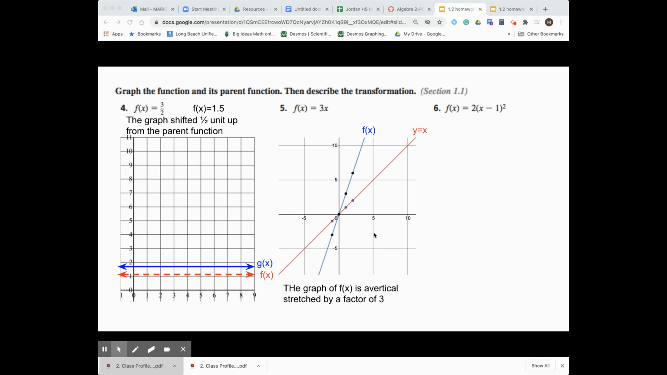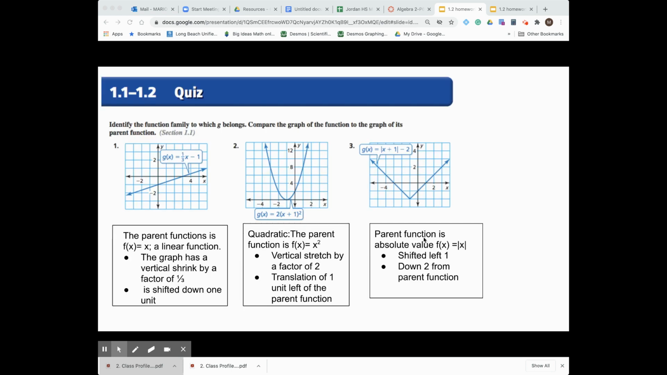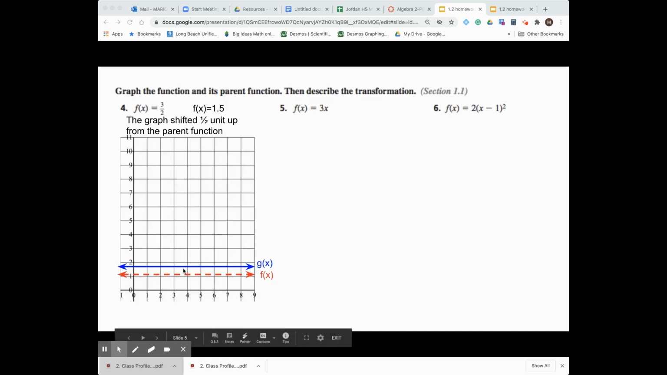All right, so this is the second part of the homework. We're going to start with question number 4 real quick. So look at question number 4. Number 4 is the parent function, which is f of x. And the transformation here, it looks like it's 3/2, which is the same as 1.5. So the graph shifted 1/2 unit up. The blue one here, g of x, is the line of the new function that got shifted up half a